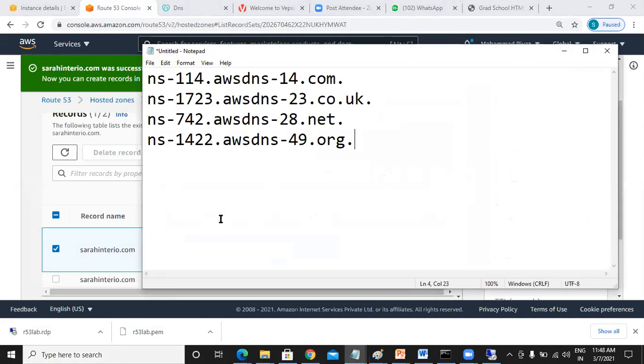So these are the name servers which are provided by AWS. When you create a hosted zone, automatically it will be there. So you no need to do anything.